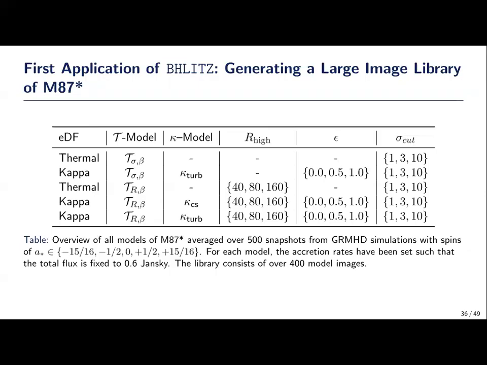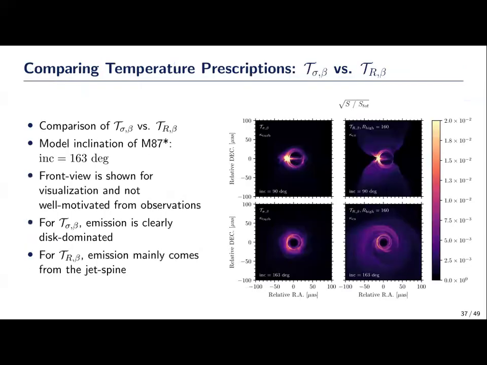And then from an older work, there was a current sheet-like simulation with much less turbulence, but this is also a fit for the kappa coefficient, which we included into our models. So in this case, it was like 400 models, but in practice it was well over, I don't know, 500, 600, because the parameter space changed during simulations and so on. Okay. One of the first results is